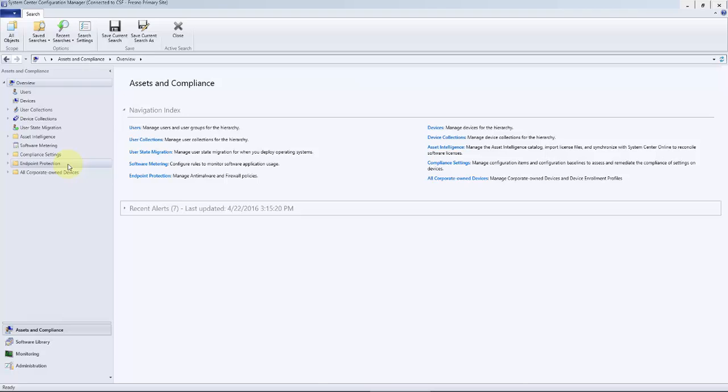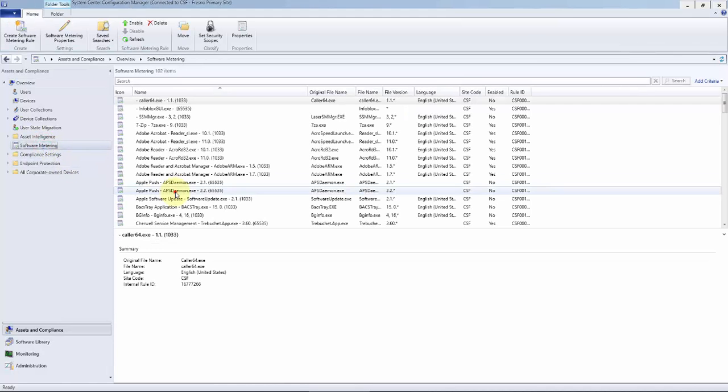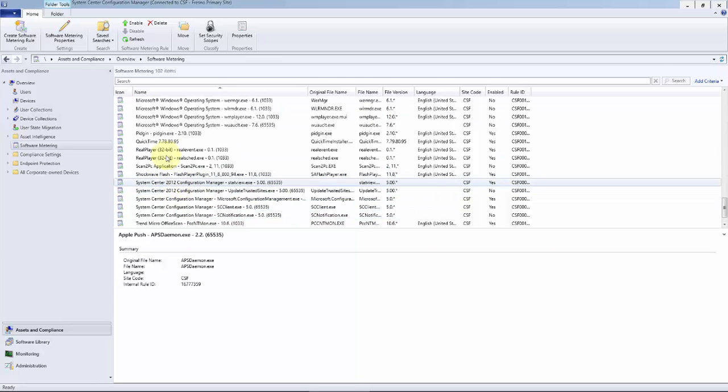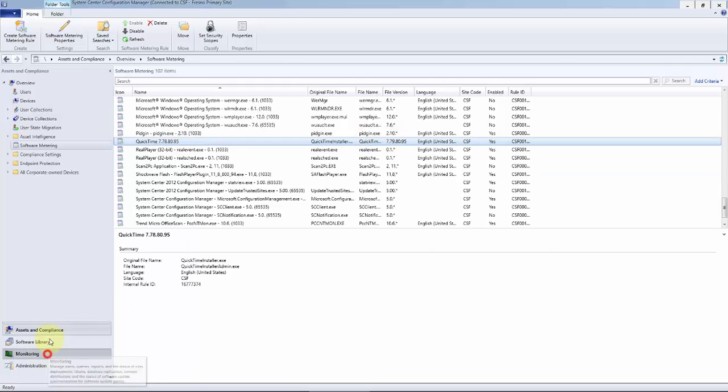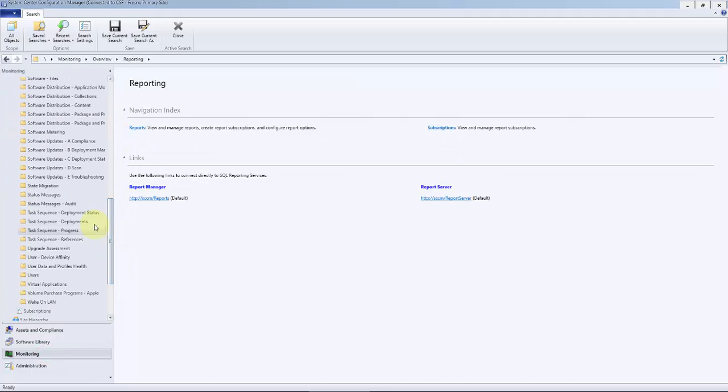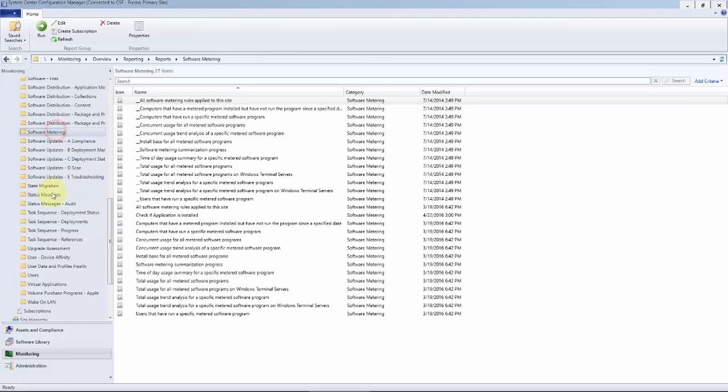I've also enabled software metering for QuickTime, the specific version. This is going to take some time to collect the data, as it has not been doing that to date. But you can see I added QuickTime and the latest version, which will enable us to run a report that will give us the number of machines that this is installed on. So when System Center collects the software inventory for QuickTime, which is roughly on a week revolving timescale, we'll be able to come and run the computers that have run a